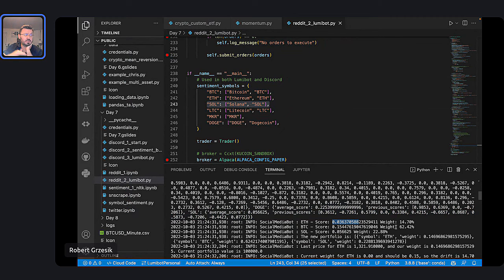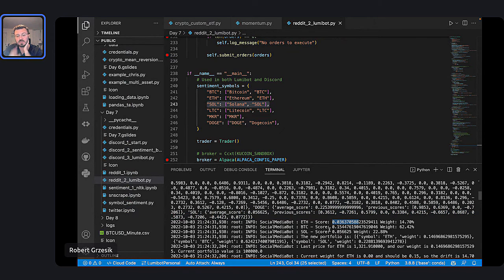You could use that for a lot of things, right? You could say, okay, the coins are trending up, so you want to invest in the ones that are trending up. Or if a sentiment all of a sudden just jumped, that might be a really good indication to buy it, because a lot of people are talking about it and all of a sudden it got a lot more positive, right? Especially for the small coins, this can make a really big impact.